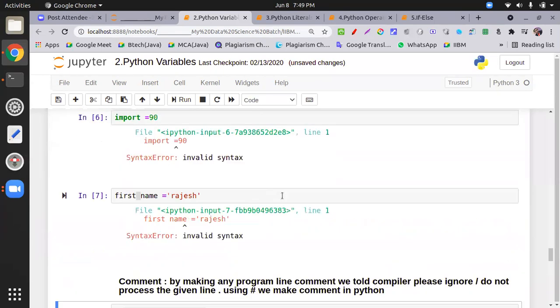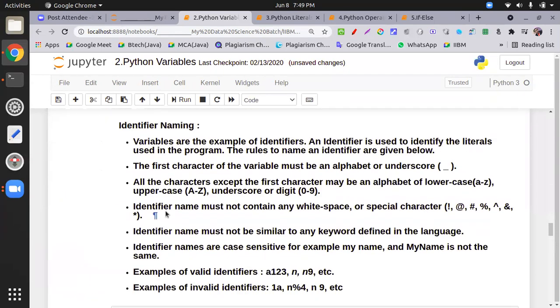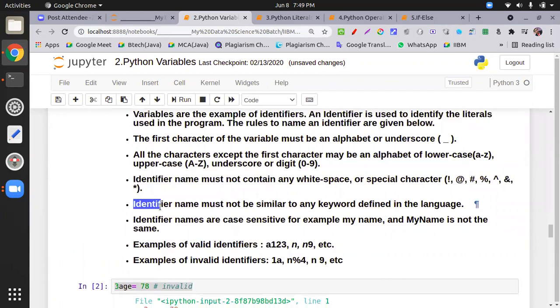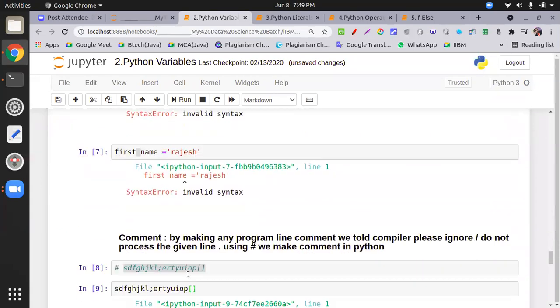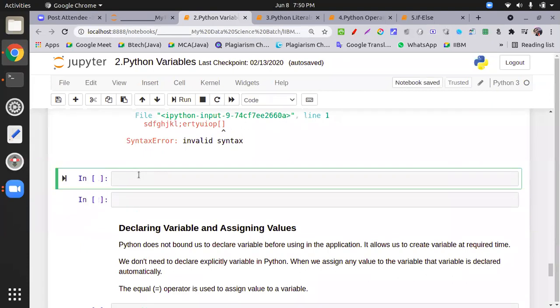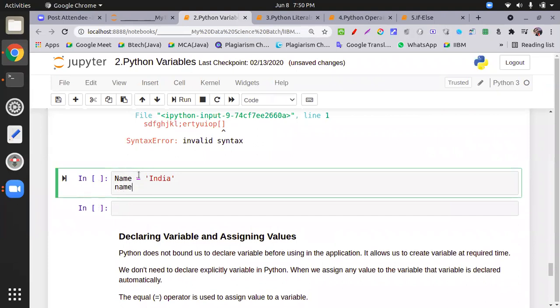I talked about this because a special character is defined over here. Identifier names are case sensitive. For example, Python is a case sensitive language. Let's suppose you take a name where the first N is capital, India, and the second name is small.